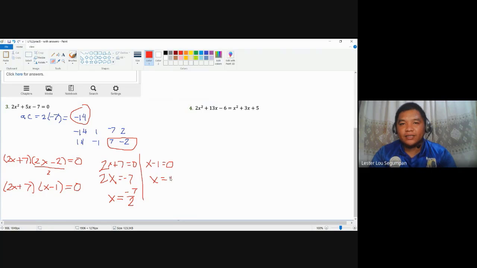Let me try first this one because it is easier to use. Positive 1. When you have positive 1 here, 1 squared is 1, times 2. So we will have 2 for the first term. 5 times 1 will be having 5. And then minus 7, that's still 0. So this is actually a solution.